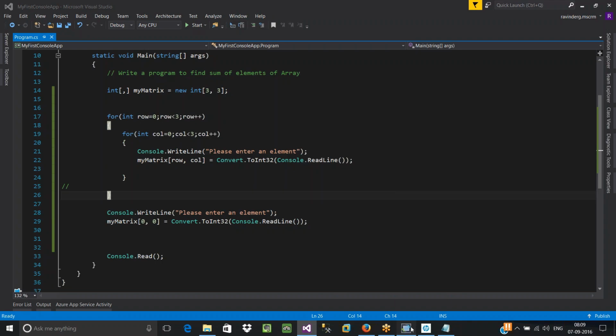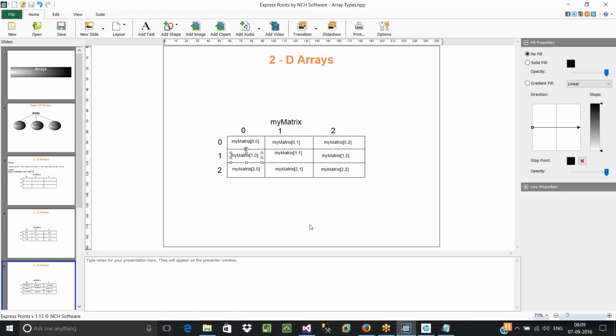So it is very simple. Let's say you have filled our collection with 9 elements: 10, 20, 30, 40, 50, 60, 70, 80, 90. In order to get the elements of your collection, what has to be done? Again, you have to go to the first row, read the first element. Where is that first element available? This is available at 0, 0. Next, go to the second element, get the second value, which is available at 0, 1. Go to the third location. Again, you have to follow the same process,